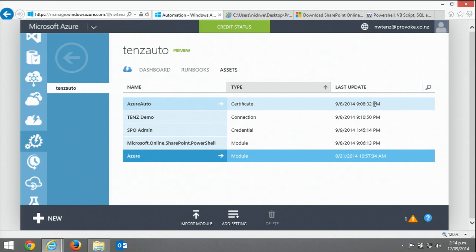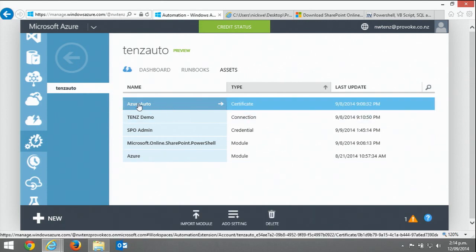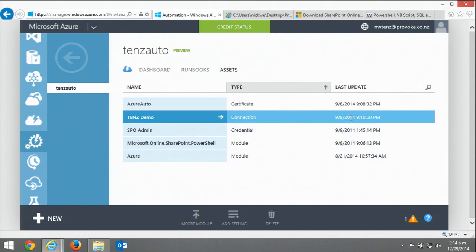What I've done is added a certificate in order to authenticate to my Azure subscription. And I've also added a connection into my Azure subscription here. So this is the same subscription I'm actually running the automation account in, but as I said earlier, you can add other connections as well. So if you have multiple subscriptions, you can add connections into each of those subscriptions straight into this same Azure Automation